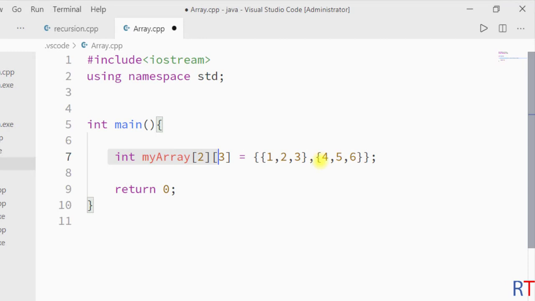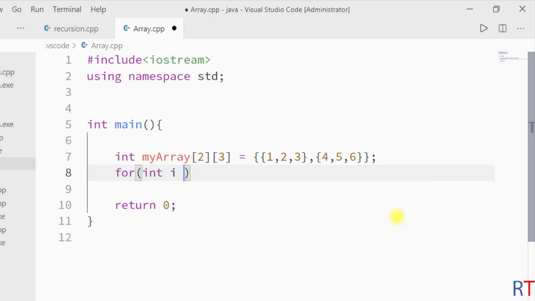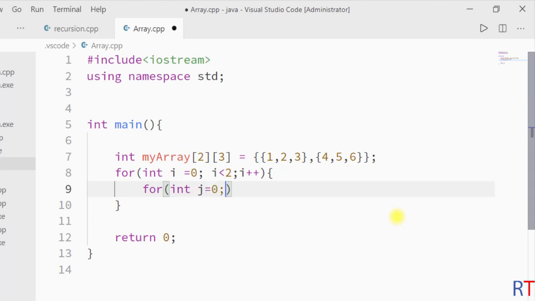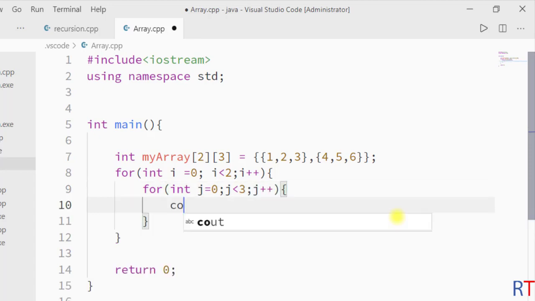Now to print all the 2D array elements, we can use a nested for loop, where the first for loop will run from i = 0 to i less than the row number with i++, and then we can use a nested for loop which will run from 0 to j less than the column number with j++, and in every iteration it will print the individual array element at index position i and j.